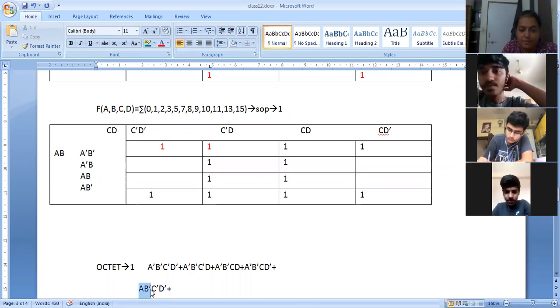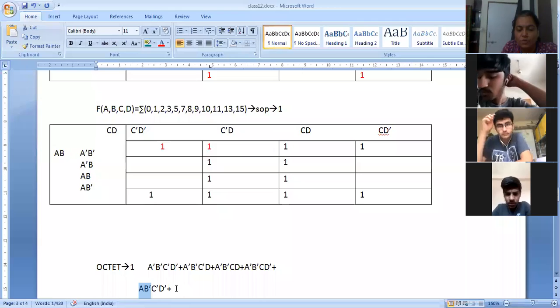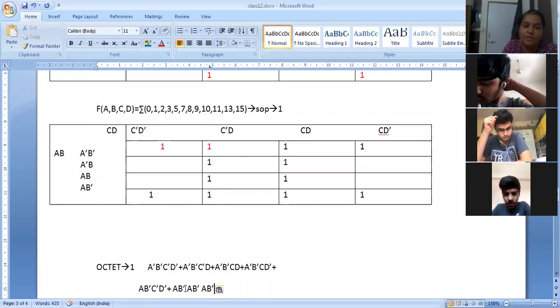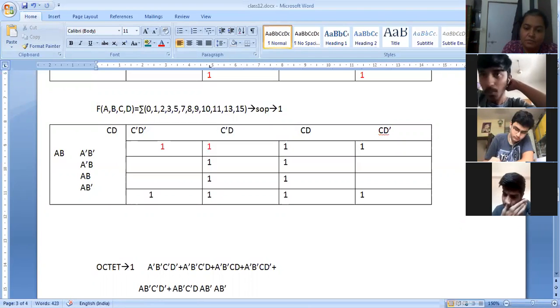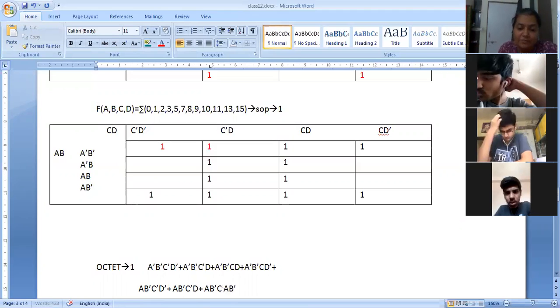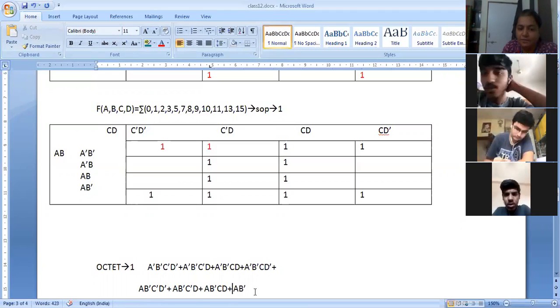If you have any doubt, you should ask me. Otherwise, I will think that you are very smart and you have understood everything. And then when I conduct a test, you will get a 0. Then you will cry. Oh, I don't know anything. Krishna madam has not taught anything.